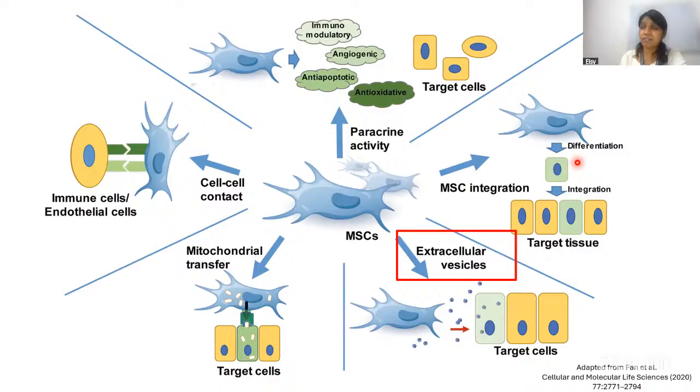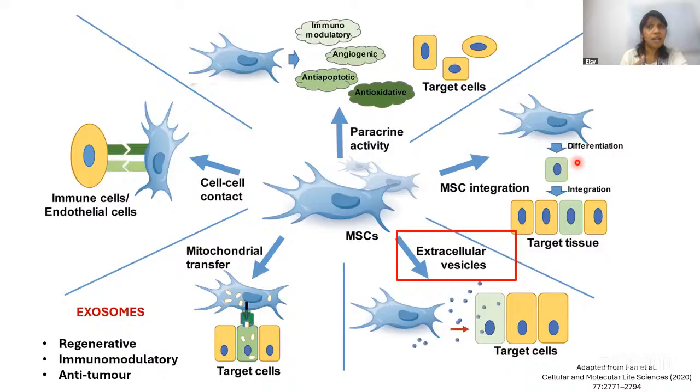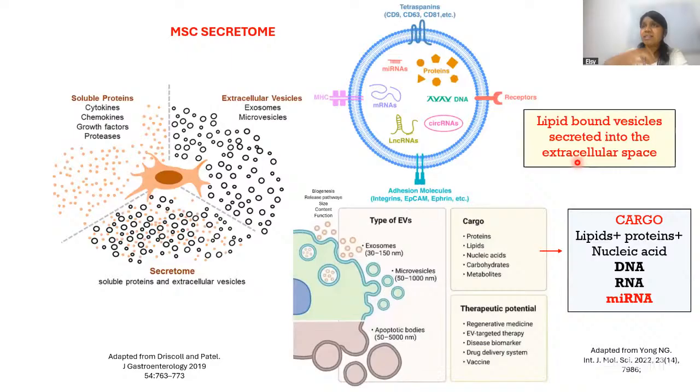and a lot of attention has gone to the use of extracellular vesicles. So these are basically the cargoes that are produced by the cells. You grow the cells in a medium, and rather than throwing the medium off, you collect that medium and then you harvest these cargoes. So anything that is secreted by the cell in toto is referred to as an MSC secretome. You can further use procedures to take out a particular component, and one of the components that is most talked about is the EVs, that is the extracellular vesicles, which include exosomes, microvesicles, and apoptotic bodies,